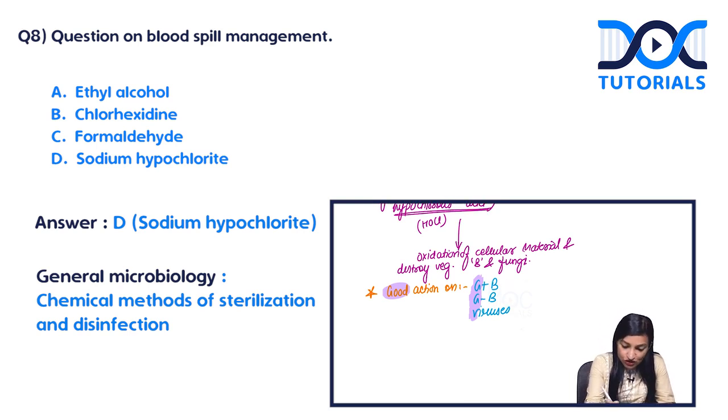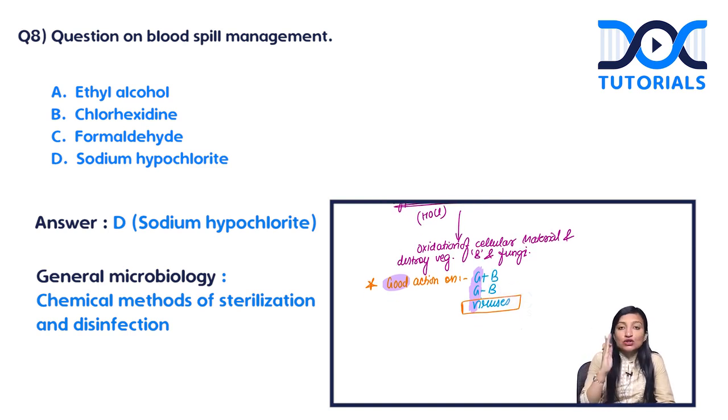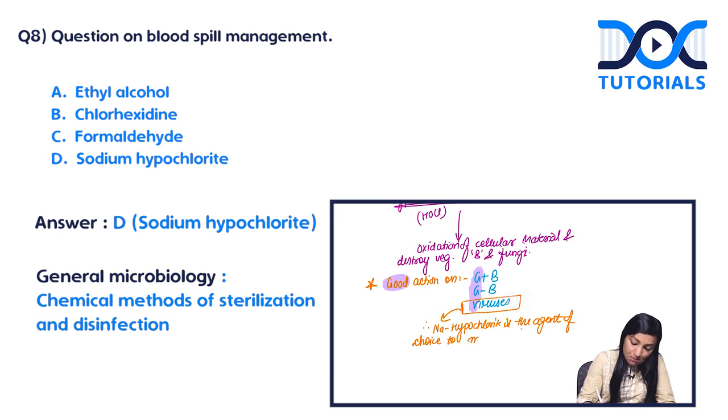Okay. Now this point has got a very important significance. You know why? In the discussion about phenol, I told you to box or encircle MTB, and over here I would like you all to box or encircle viruses. Now because chlorinated compounds have got such good activity on viruses, therefore these are the agents of choice for managing blood spill. And what agent do we use most commonly amongst all the chlorinated compounds? It is sodium hypochlorite. So write down, sodium hypochlorite is the chemical agent of choice to manage